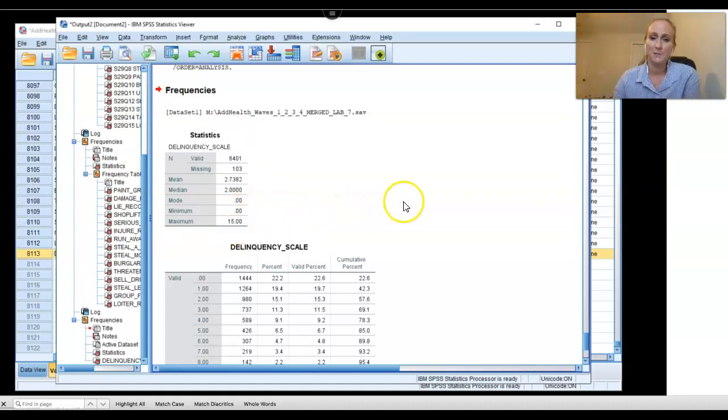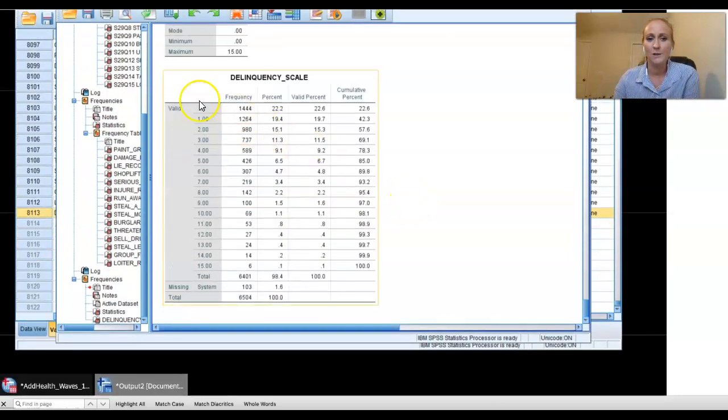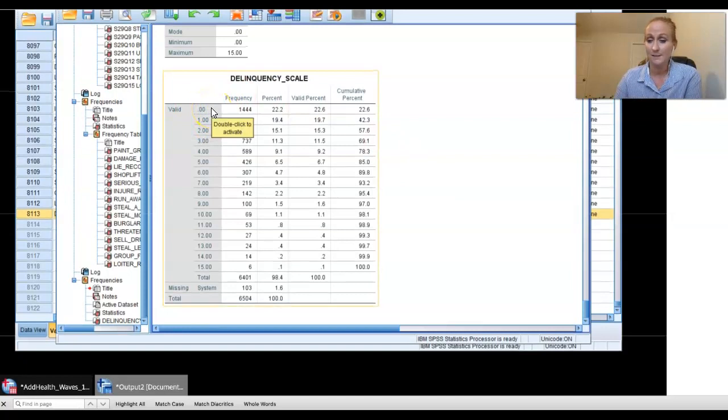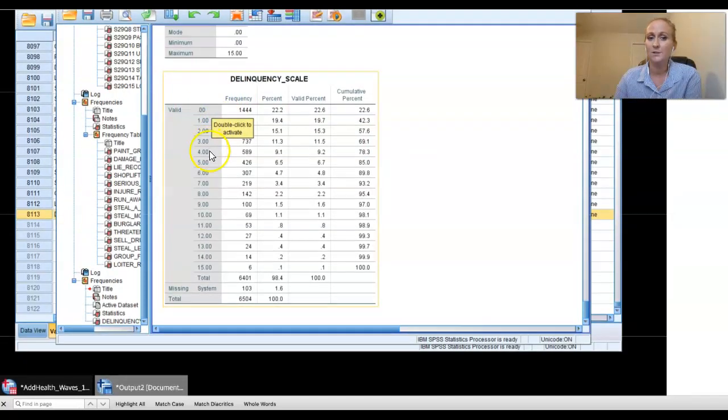That makes sense because we had 15 items in the scale. We now know the highest and lowest scores that are possible, and we also know what those scores mean. The low scores, meaning no delinquency, is a 0, and then 1s, 2s, and 3s are going to be low delinquency. The high scores, 13s, 14s, and 15s, are going to be high delinquency, meaning they've done a lot of